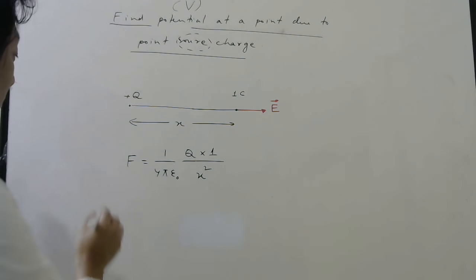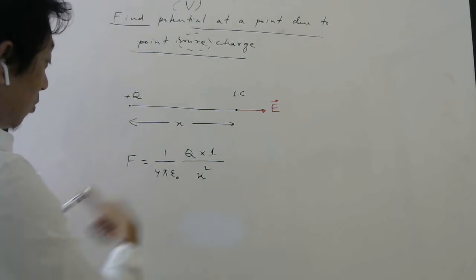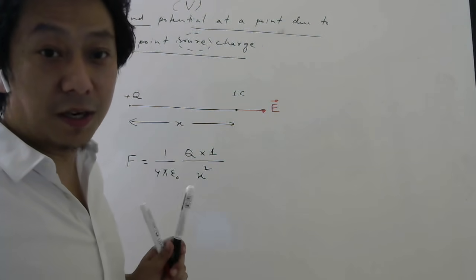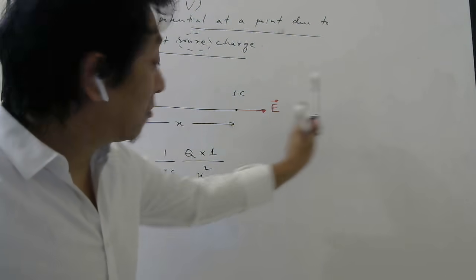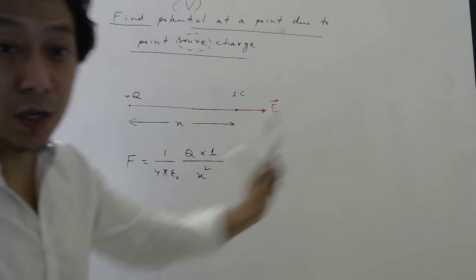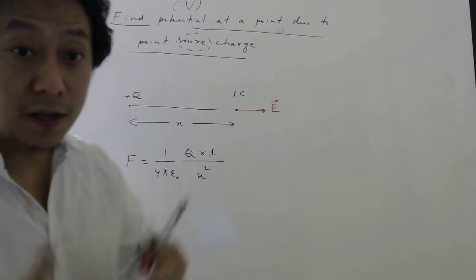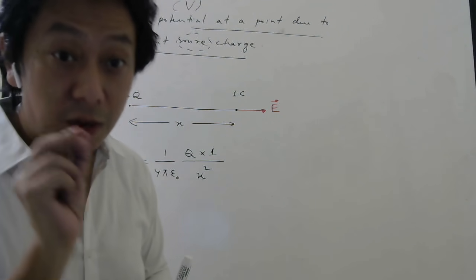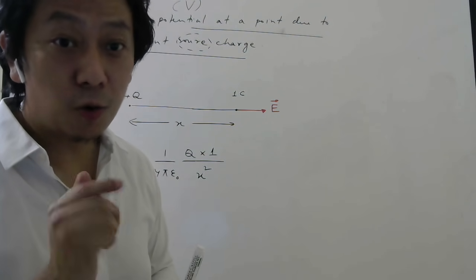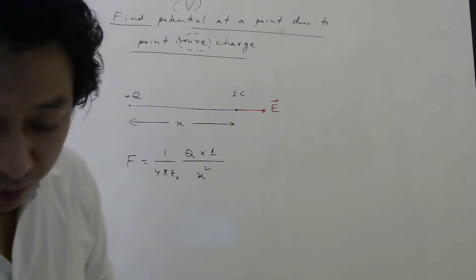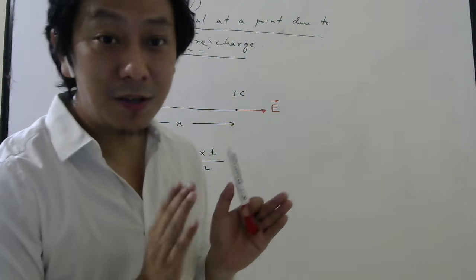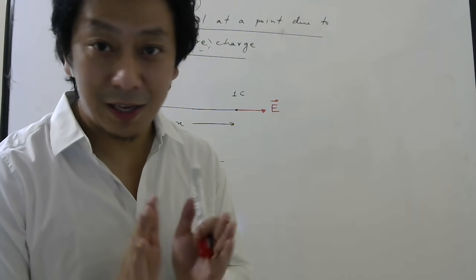Okay, fine. So now, is this a constant force or a variable force? Look at the formula. It is a variable force. When you are far, this force will be less. When you come nearer, this force will be more. It will become stronger and stronger. So since force is variable, to calculate the work done, you will have to use integration. You cannot directly write force into displacement. I hope this part is clear for all of you.